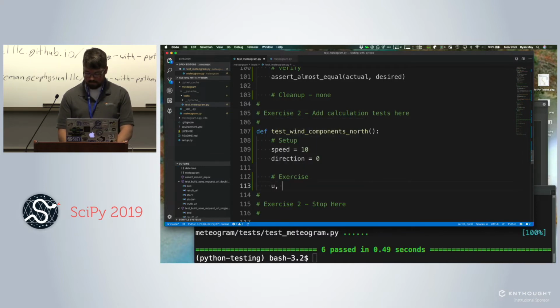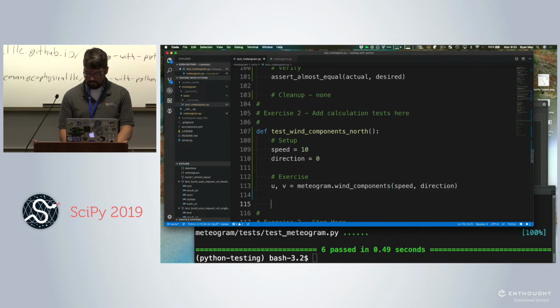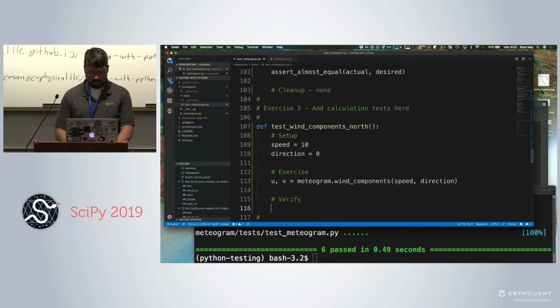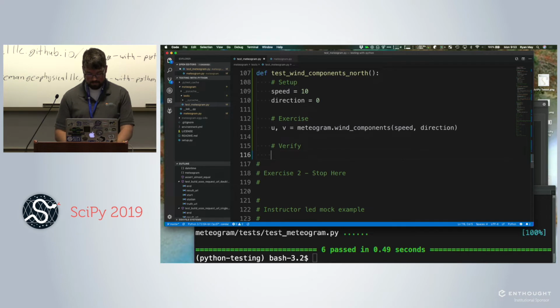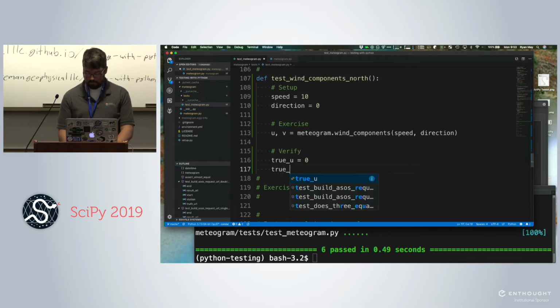U, V is mediogram dot wind components, speed, direction. Verify. So my true U is 0. My true V is minus 10.